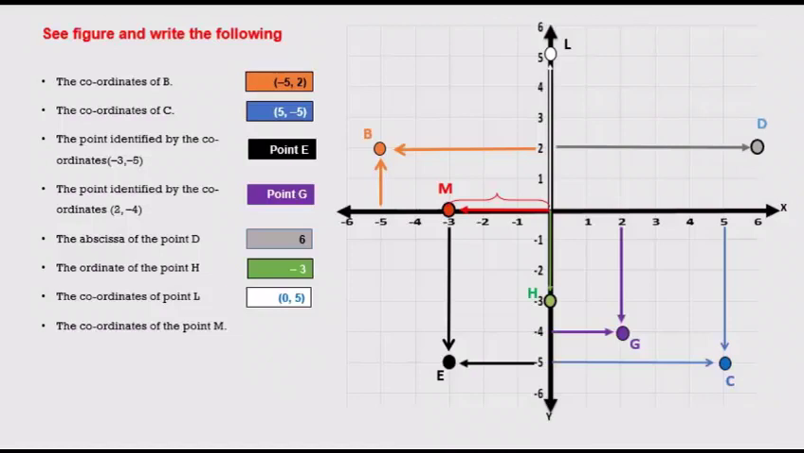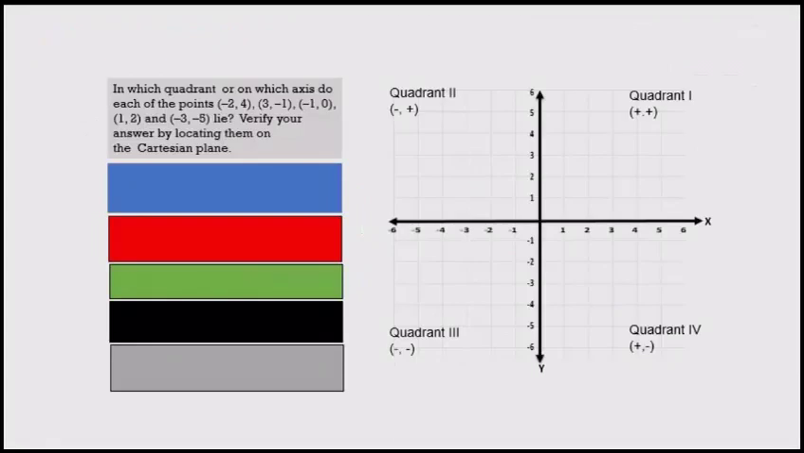Please note it down. If a point lies on y-axis, its abscissa will be 0. If the point lies on x-axis, its ordinate will be 0. This helps you to plot points on a Cartesian plane. Hope it's clear. Moving further, state in which quadrant or on which axis do each of the points